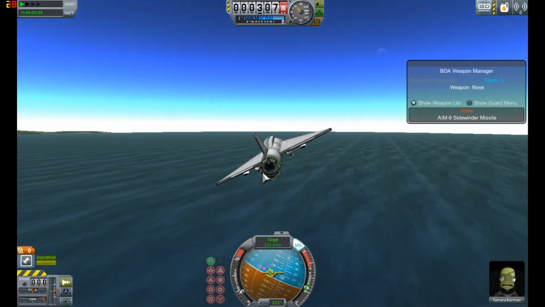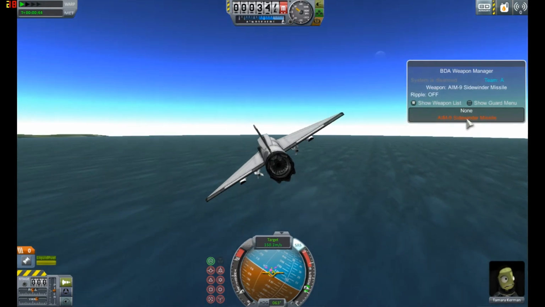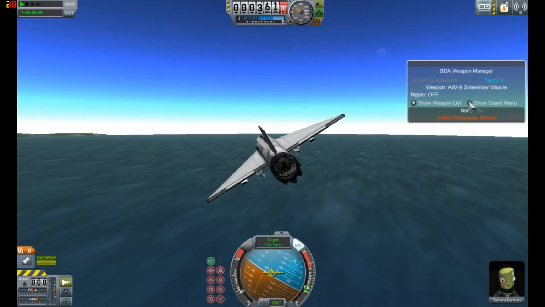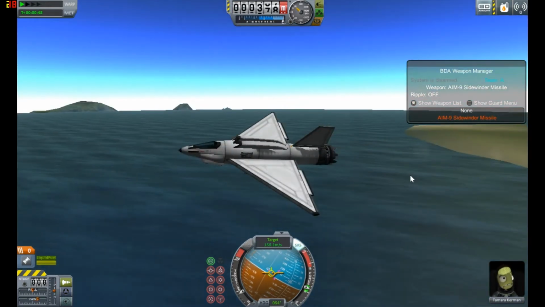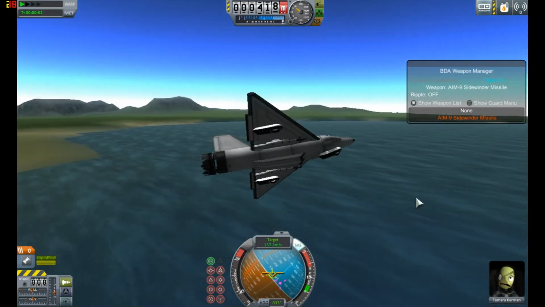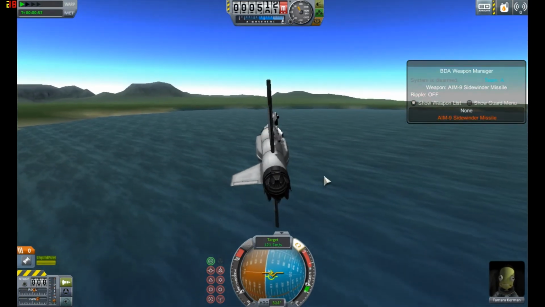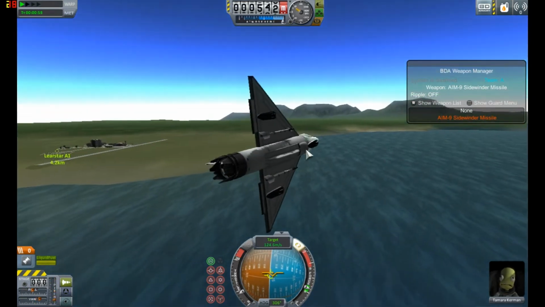Anyway, on this aircraft, we only have one weapon installed, and that is the AIM-9 Sidewinder. So essentially, we are Team A, and that doesn't matter right now. It matters when you have more units with weapon managers on them. So I will show you guys that again later on. But for right now,